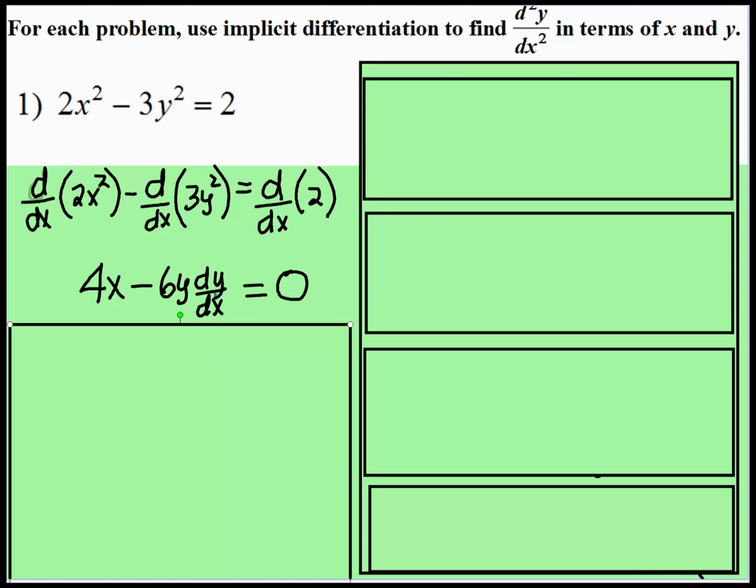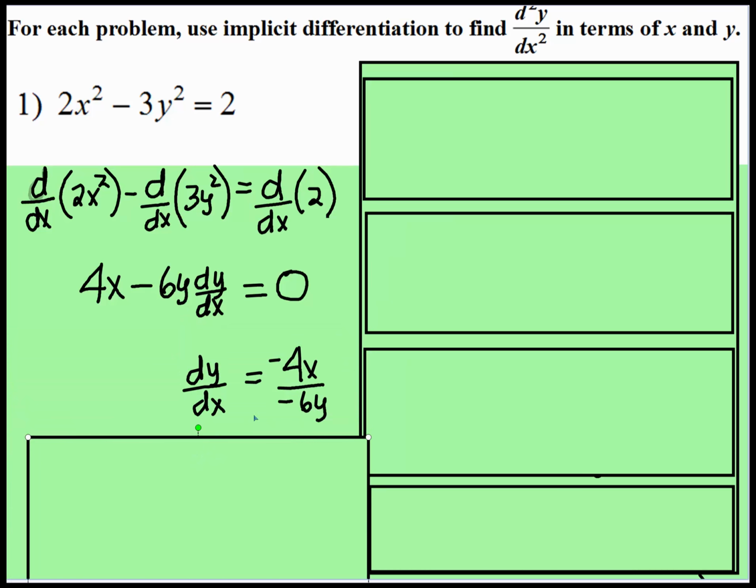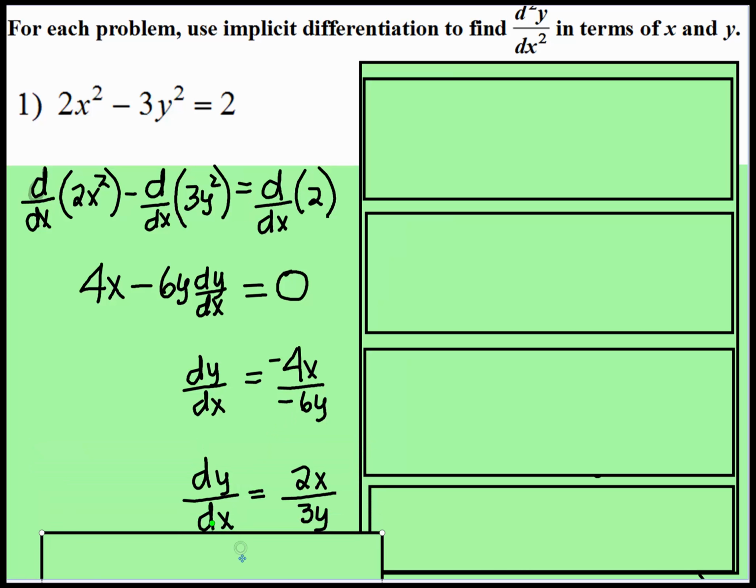Then you isolate the dy/dx. So you'd subtract the 4x, divide both sides by negative 6y, and then you would simplify. Negative divided by negative is a positive, and that reduces to 2x over 3y. That's the first derivative. Now,